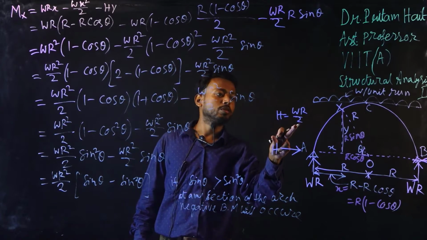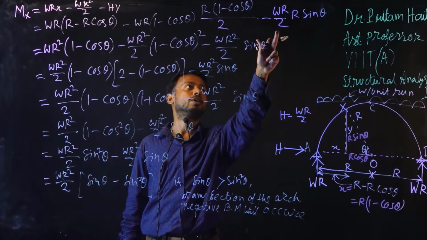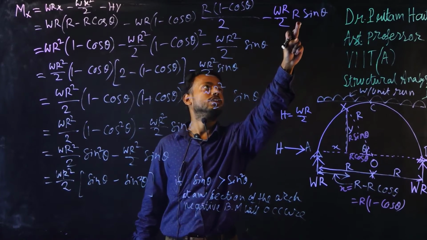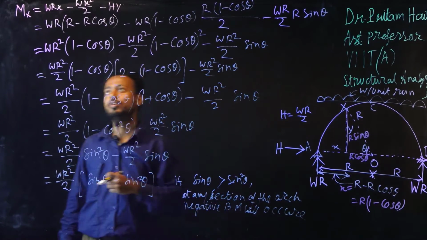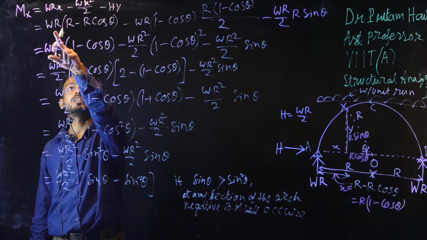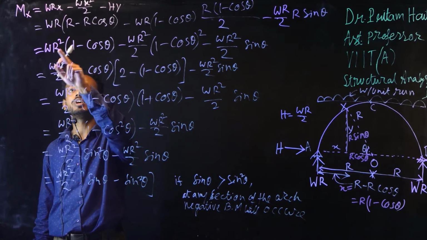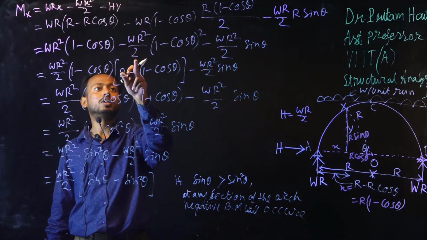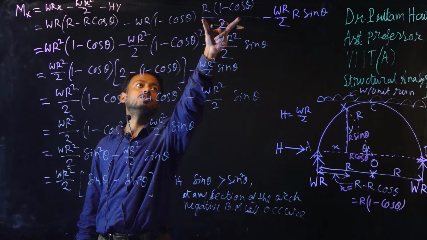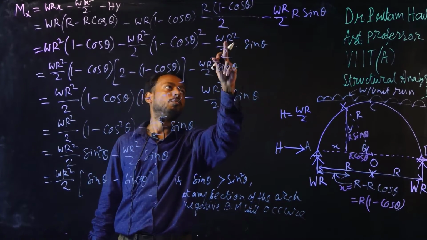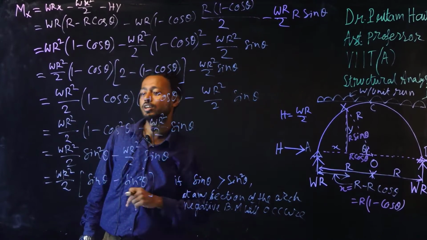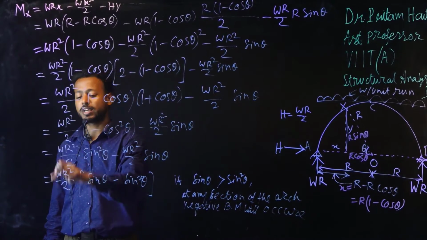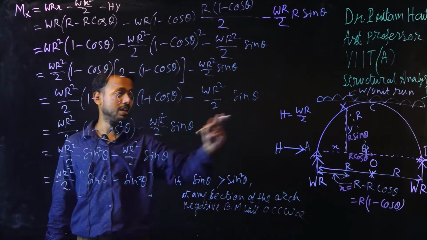What is H value? WR by 2, so I put it here WR by 2, and Y is how much? R sin theta, so WR by 2 into R sin theta. So we have WR into R minus, so we have WR square into 1 minus cos theta minus WR square by 2, 1 minus cos whole square into WR square by 2 sin theta. Okay, so if you calculate in this way, you will ultimately get the maximum Mx, the bending moment at cross section